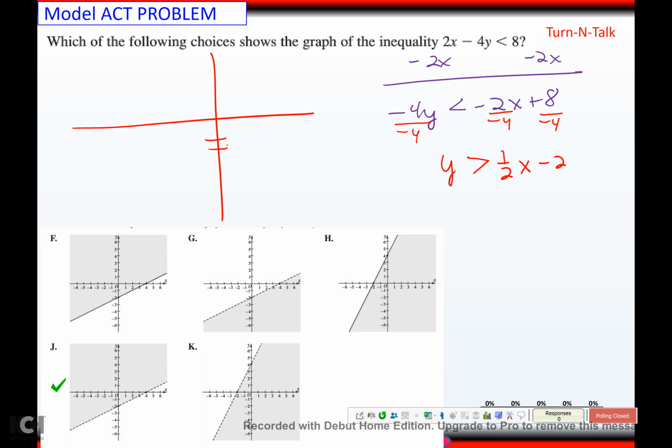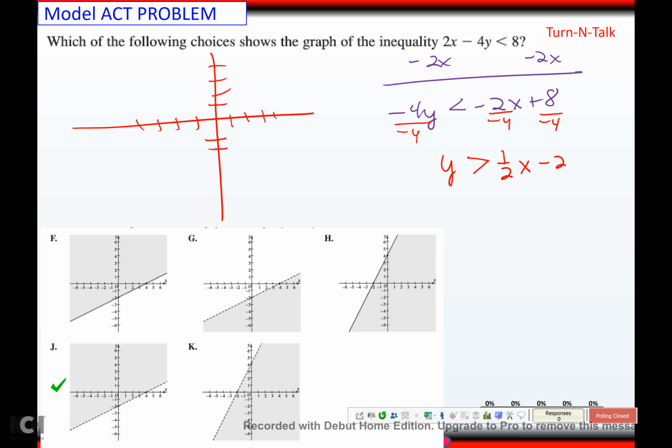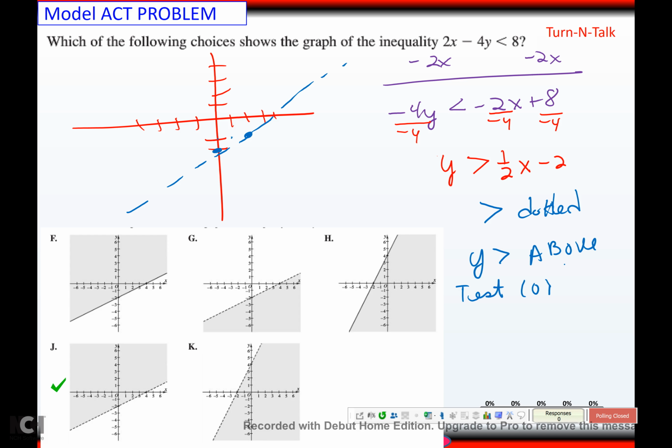So I'm going to start at, change colors here, makes it look easier, better. I'm going to start at negative 2, and the slope says go up 1 over 2. No bar means dotted line. And it's eating y, which means I'm going to shade above. But I should test a point. So if I test 0, 0,